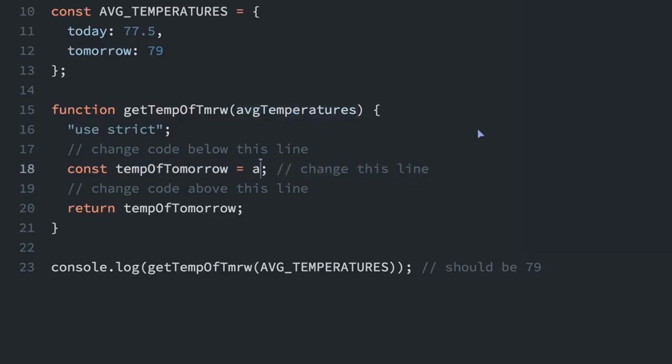So first I'm just going to put the average temperatures variable here. And then on this side of the equal sign, I'm going to have to use the destructuring. So I'll put the curly braces, and we'll put tomorrow, and the colon, and then the other curly brace. So this is saying get the tomorrow field from the average temperatures object and assign it to the temp of